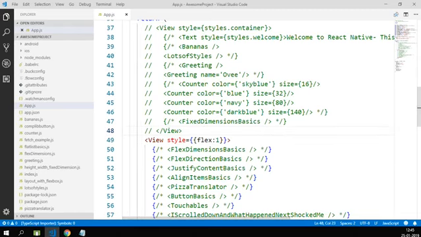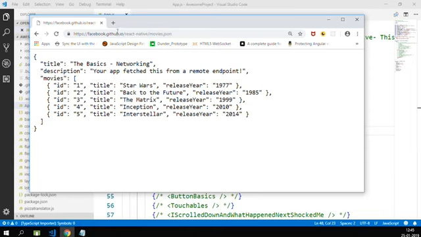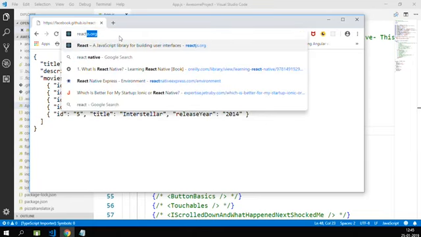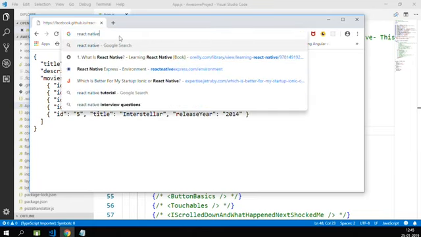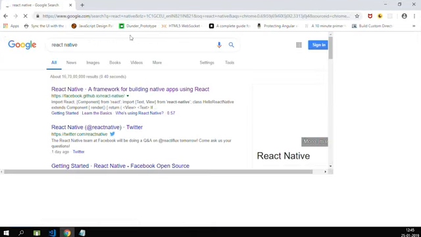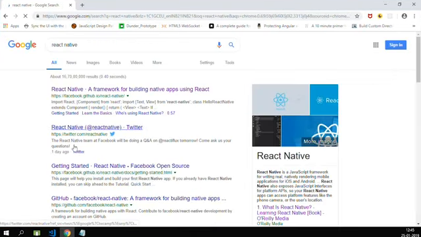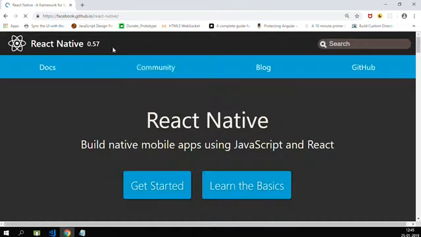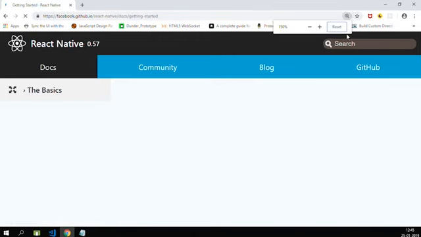Whichever examples I have taken are almost similar to those from the official site of React Native, that is from Facebook itself. You can try out the things by just searching for React Native. The first link will take you to the official site, facebook.github.io. If you go for Get Started,